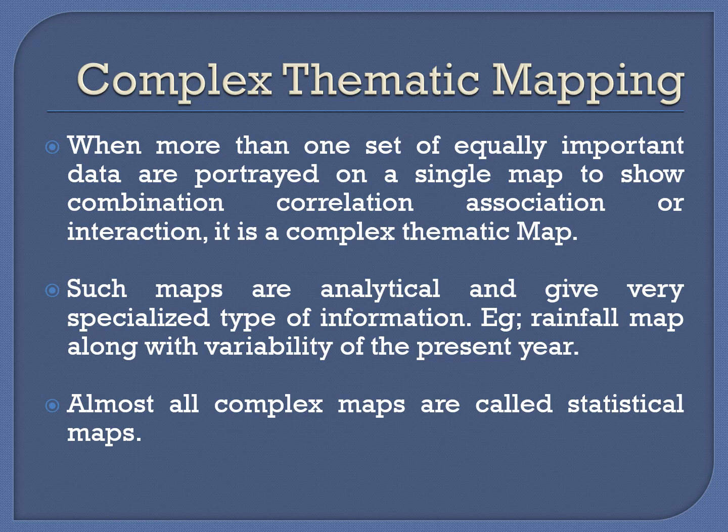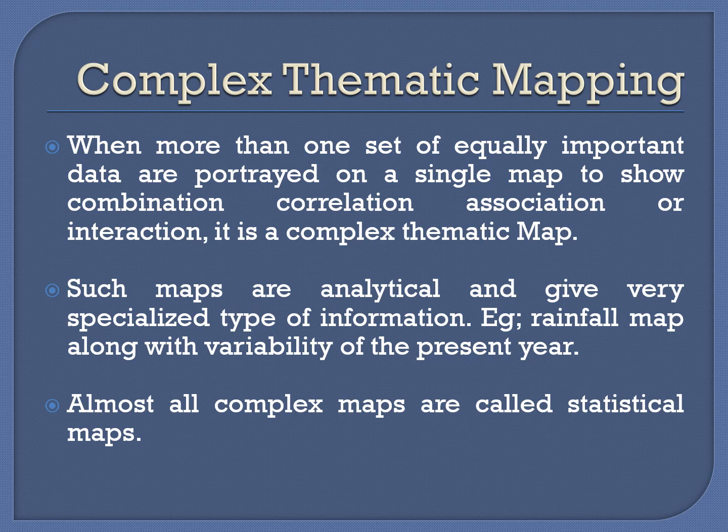We are able to see the rainfall distribution. We are able to see the wind direction, the velocity of the wind, other weather phenomena. You are able to see the isobars. So that means the pressure condition, all these features are being shown in one single map. Why? Because all are equally important data for understanding the weather of a region.